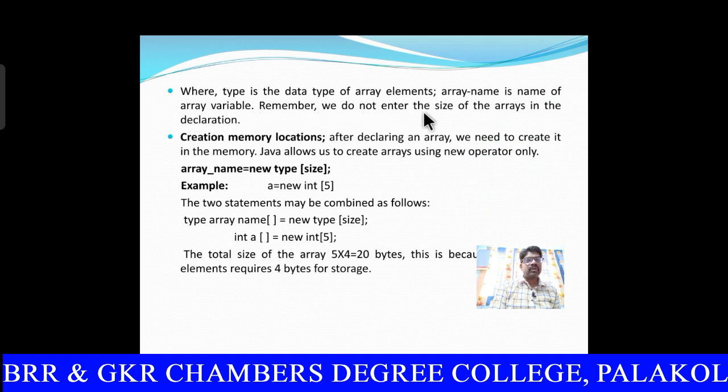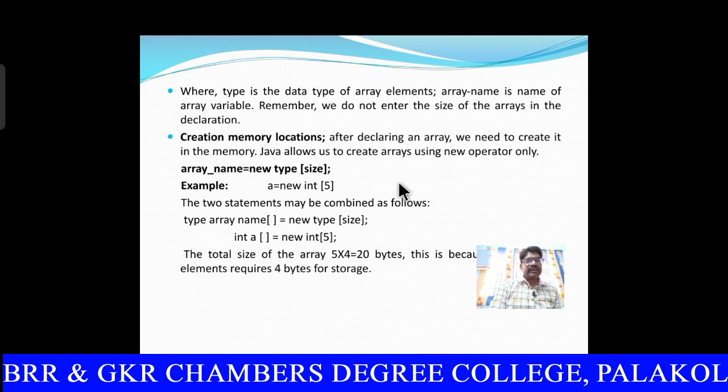Remember, we do not enter the size of the array in the declaration, so we are not mentioning it. Dynamic creation happens in this declaration. After declaring an array we need to create the memory. Java allows us to create arrays using the new operator only. In C,